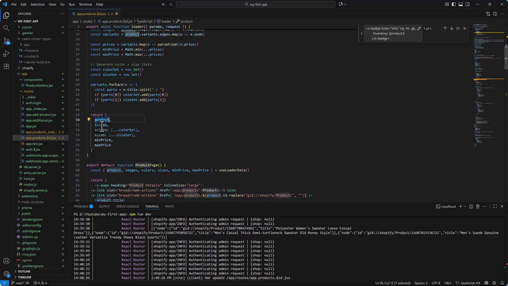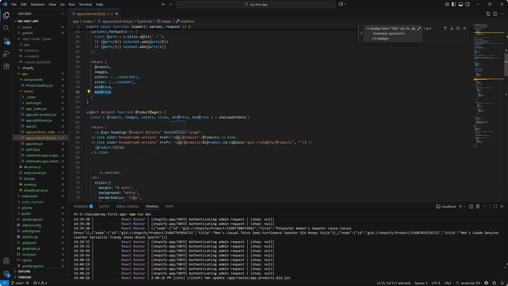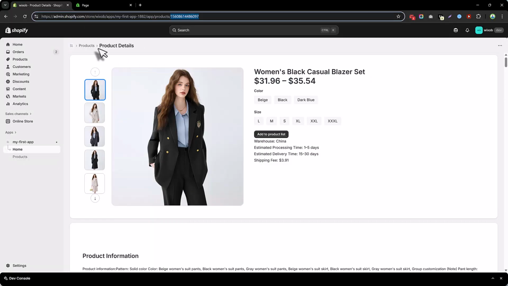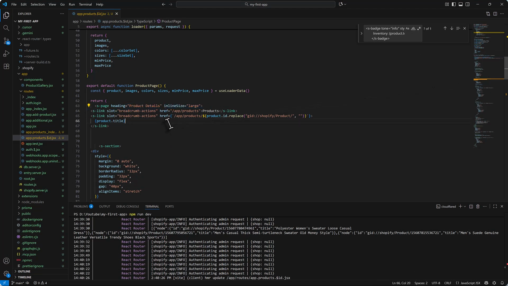So we pass the product image, color, sizes, min price, max price, and on this product page front end function, we get the product images, color, sizes, min price, and max price by using the useLoaderData. And over here we have the product detail. As you can see, this one is the product detail, and if you click on this product it will take you back to the product listing, and this is the